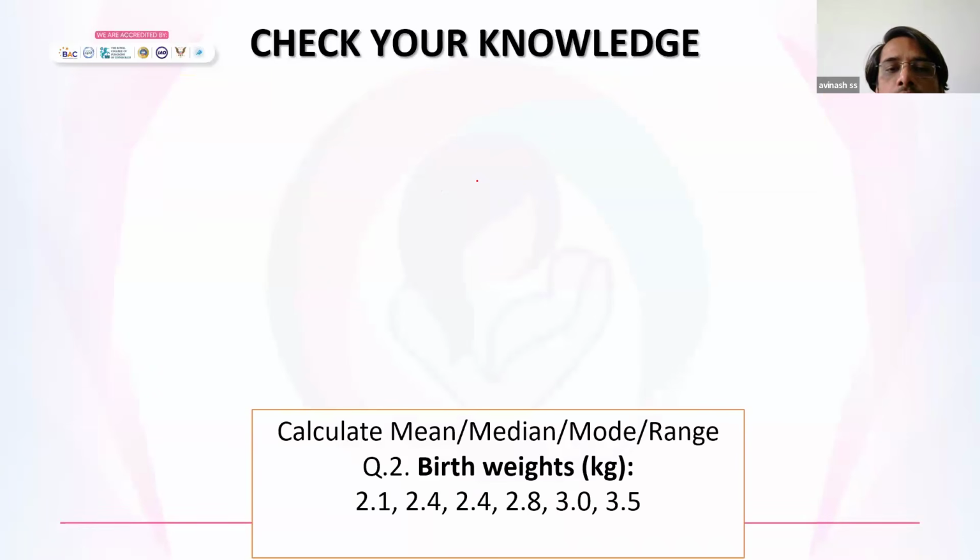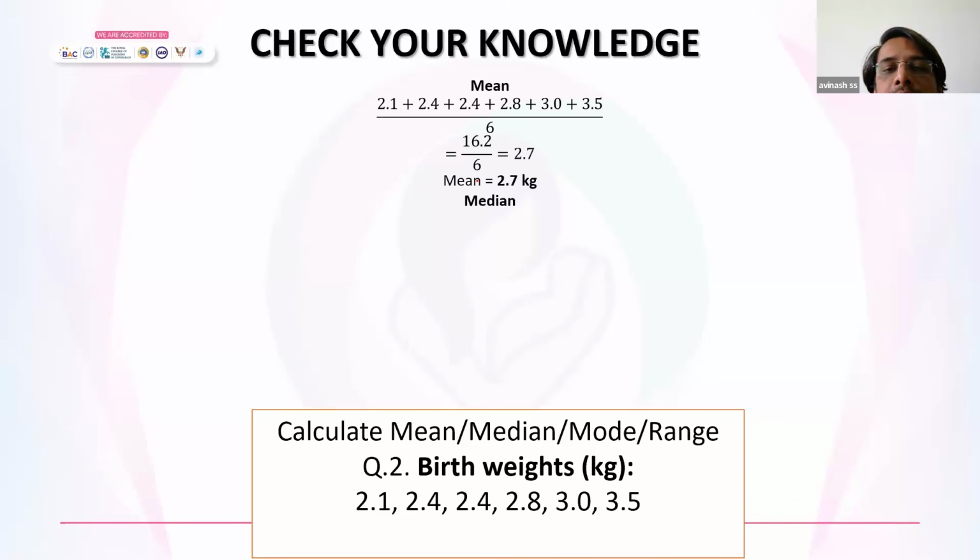Similarly, you can use this data to calculate the mean. Definitely, it is an even set of data. 1, 2, 3, 4, 5, 6 data sets are there. Mean, the average, is 2.7. What about median? Median will always be